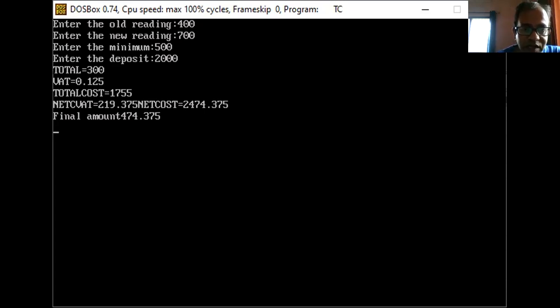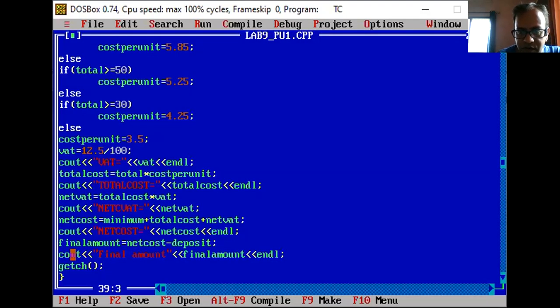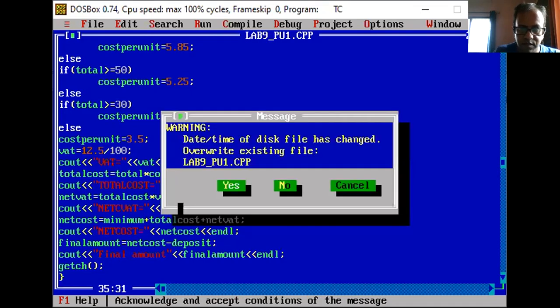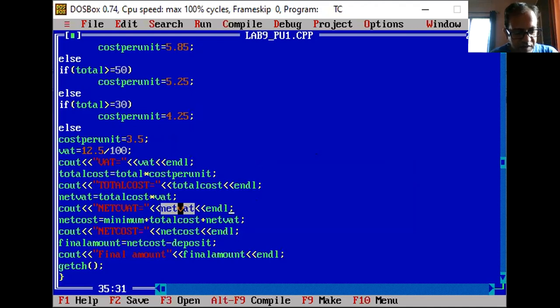So what we did in the logic, the same thing we have got here. This means our logic and the program are correct. We are getting the correct answer. We'll verify with one more sample output, so I'll do that again. Just a little modification here, and I'll run once again with different sample values.